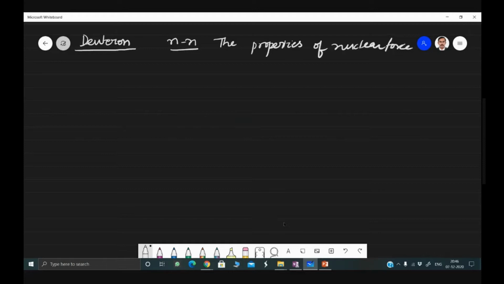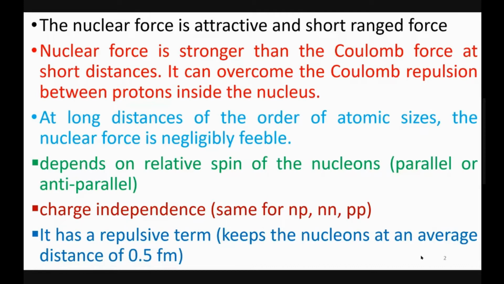Just to recall and refresh, I will enumerate the properties of nuclear force. As you know, the nucleus consists of the constituent particles, neutrons and protons. The neutrons are neutral and the protons are positively charged. In spite of the positive charge of the protons, all the nucleons are confined to a small region at the center of an atom, and hence the force which binds all the nucleons is stronger than the Coulomb force between the protons, and the nuclear force is attractive and short range.